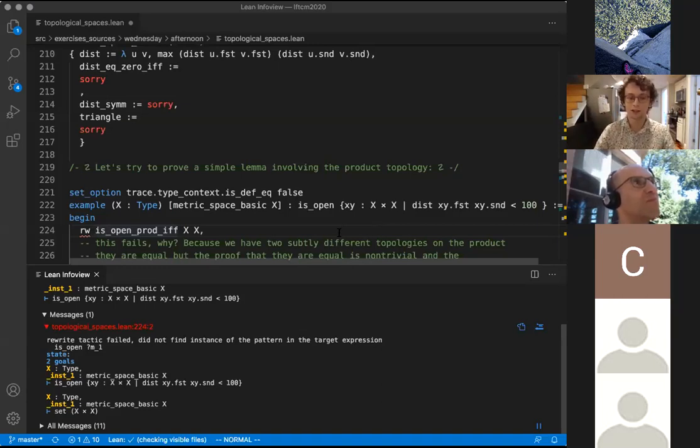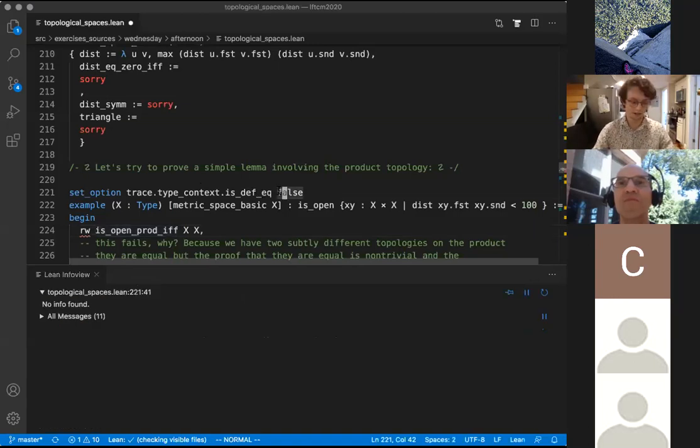But it's a non-trivial proof. You're taking something generated by open balls with this metric, and the topology induced by all those open balls is the same as taking the open balls in each individual component and producting those together. It requires a little proof, and the type class mechanism cannot fill in that little proof. So here, we'll see,